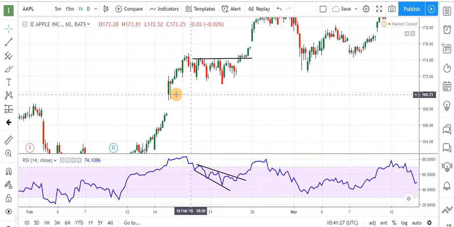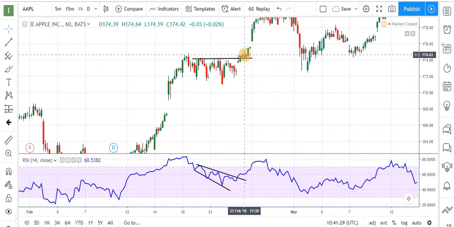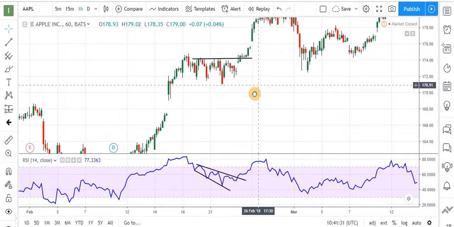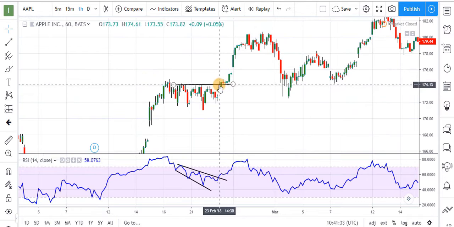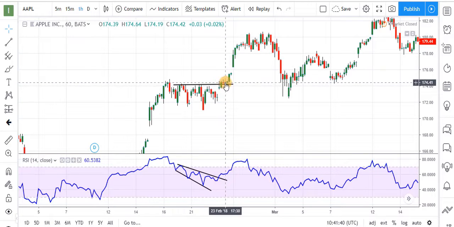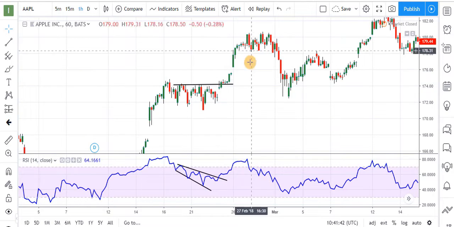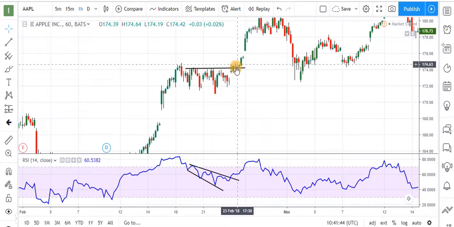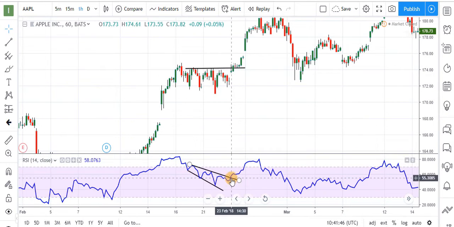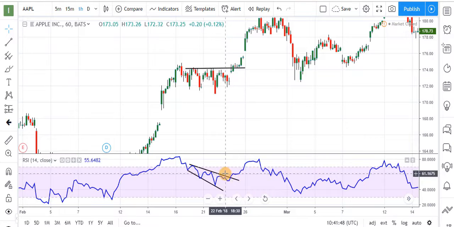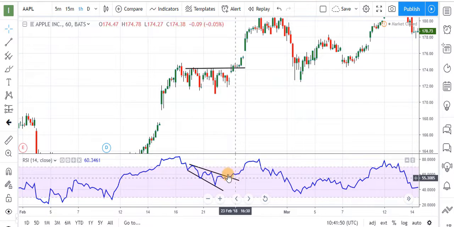See, this is the uptrend, and then there is a pause in the momentum in the trend. And when we get a breakout at the resistance level, we are getting a sharp up move in the prices. So it is a very good signal to trade in the same direction. At this point, we can make our position when we get a breakout on the RSI resistance line.